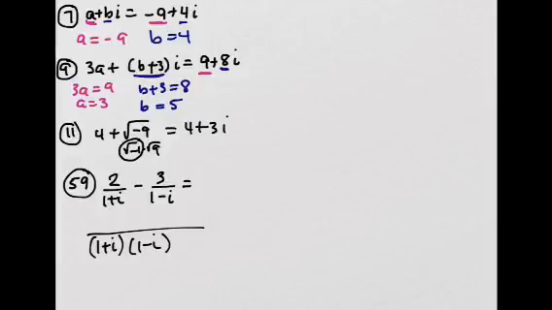So then the first fraction, the first term, needs this in its denominator. So I'm going to multiply top and bottom by 1 minus i. So that means that the 2 gets multiplied by 1 minus i. So you end up with 2 times 1 minus i minus 3. And now this one needs 1 plus i to match up with this denominator. So we're going to multiply top and bottom by 1 plus i right here. And so that means that 3 gets multiplied by 1 plus i. Okay, so now we distribute, and so we get 2 minus 2i minus 3i